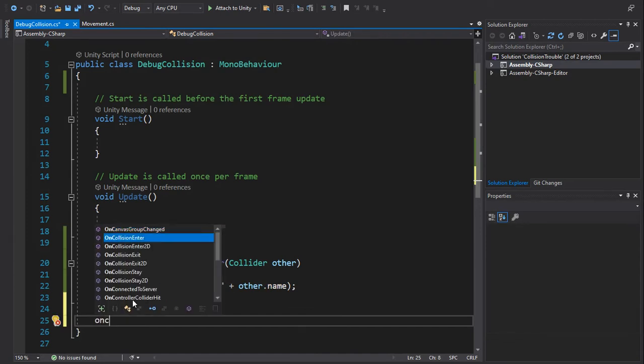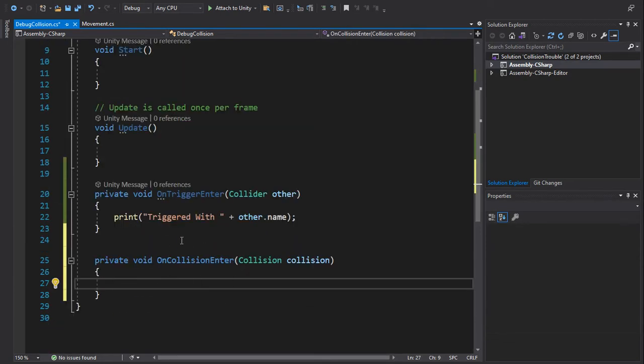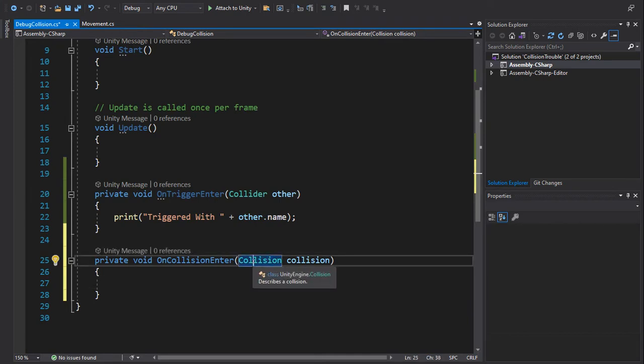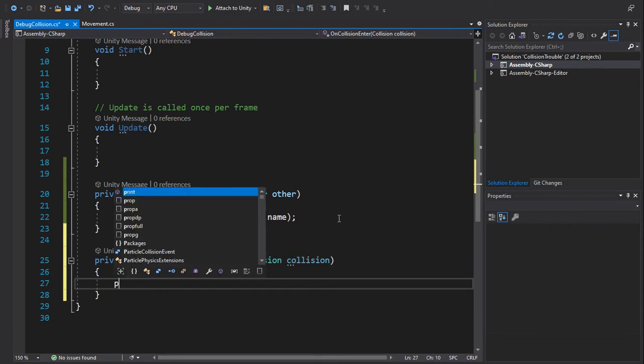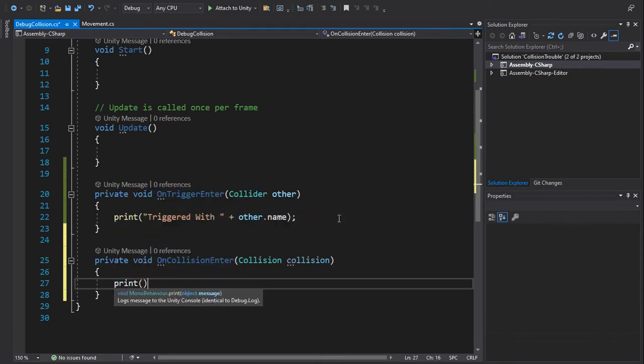On here it will take the collision data and put it on this collision parameter so that we can do things. For now we are not going to use that collision data either. We're just going to use this collision data's name, just like before. So we can print collided with